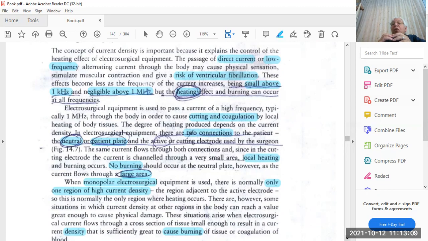The electrosurgical equipment, which is the thermi, has an active electrode used by the surgeon to touch the area. In this area, of course, the current density is high, so that it induces clotting or cutting. At the same time, this current must go back to the station through what we call the conductor element that